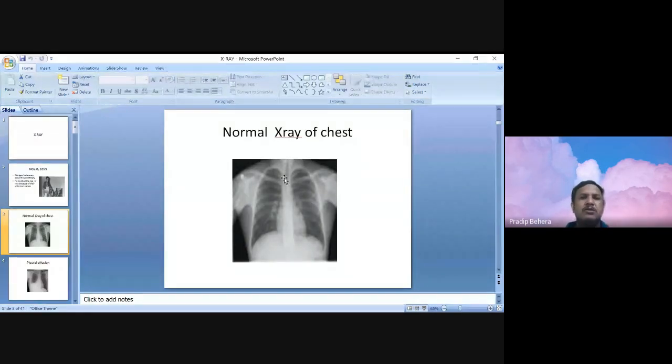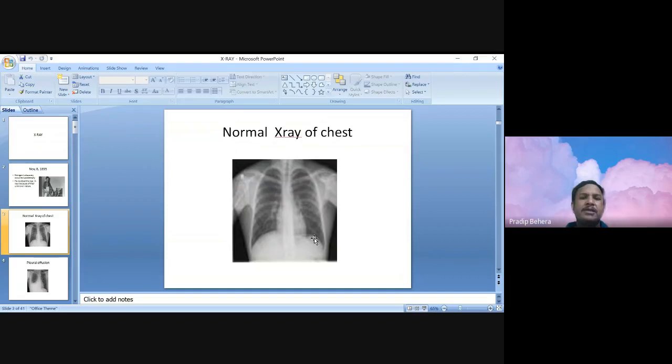So remember, according to the prominence of the cardiac shadow, my cursor is visible, I am putting the cursor on the cardiac silhouette. If it is more prominent, this is a PA view, and when the spines are more prominent, it is an AP view. Besides, you will find the clavicle. Clavicles are mostly transverse or more horizontal in a PA view, whereas in an AP view the clavicles become more angulated instead of horizontal.